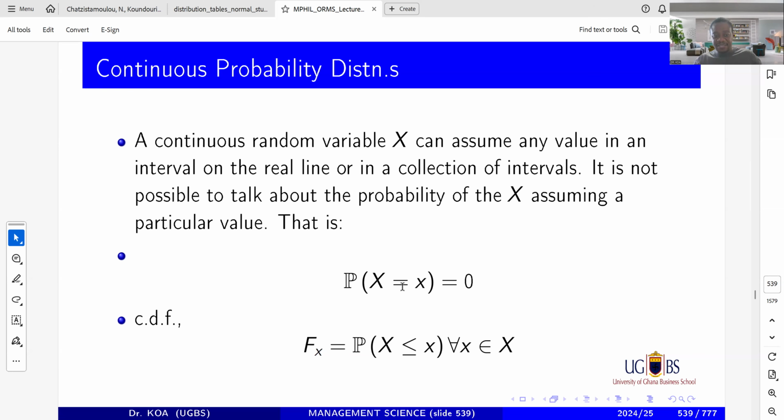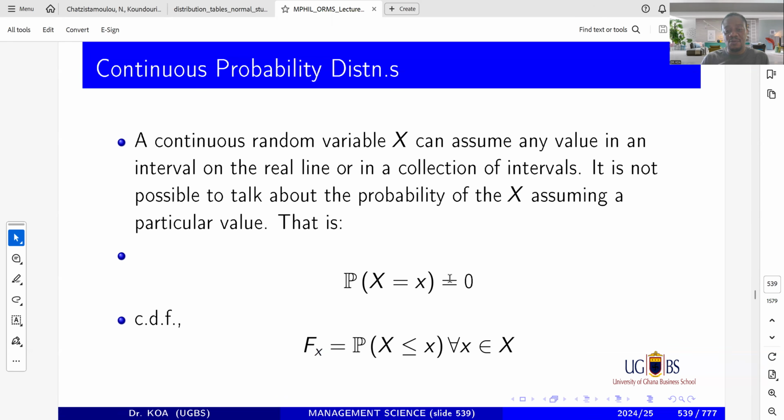But if there are several values, we are talking about the cumulative distribution function. The cumulative distribution function of a continuous random variable is this. Don't worry, I'm just worrying your head small. I just want you to know that you are a master's student. All of this, you don't really need to fully understand yet. It's just to distinguish yourself from what you did in the good old days of undergrad.